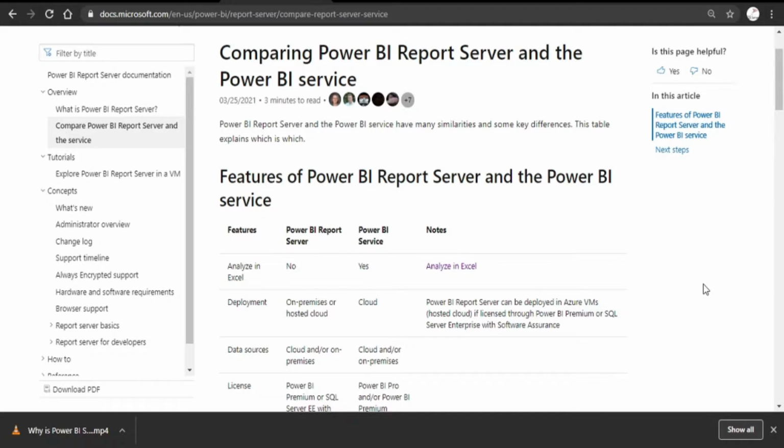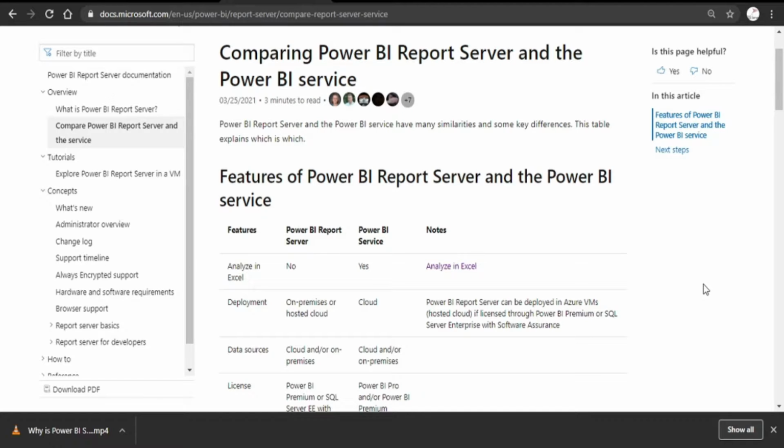To understand the comparison between Power BI Report Server and Power BI Service, we should first understand in brief what Power BI Report Server is. Power BI Report Server, as we understand today, is a server available on premises to store all your reports. It is within your firewall, and you have a report server which you are using. But Power BI Service is a Power BI service on cloud.